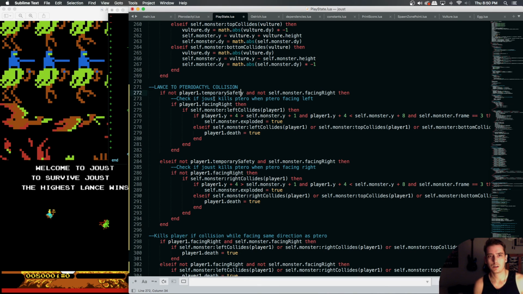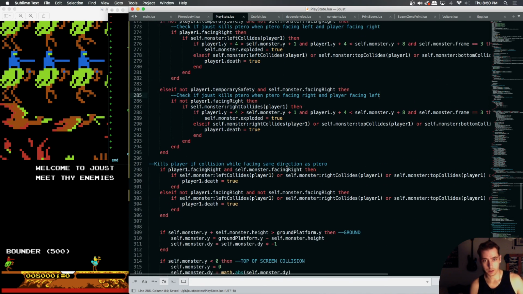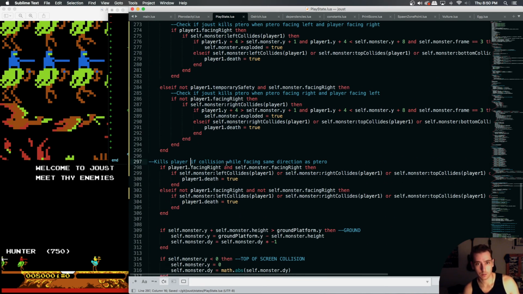And then facing the same direction, kills when ptero kills. Check if joust kills ptero when ptero facing left and player facing right. Check if joust kills ptero when ptero facing right and player facing left. And then kills player if collision while facing same direction as ptero. And then